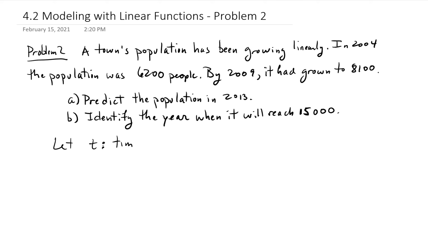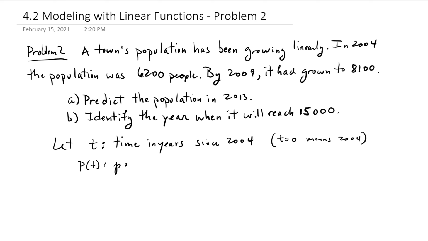So time, so this one, I'm not going to be dealing with t equals 2006 or 2008 in my input, but I'm going to be dealing with 0, 1, 2, 3, 4. I find that more convenient, but both are okay. Time in years since 2004. So t equals 0 means 2004, so January 2004. P of t will be the population